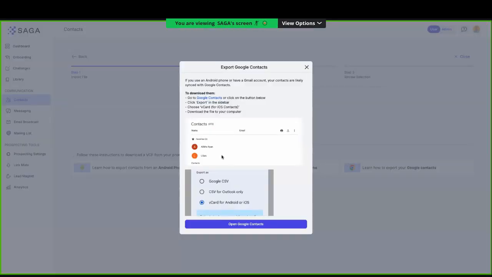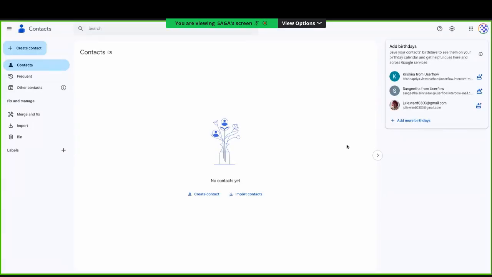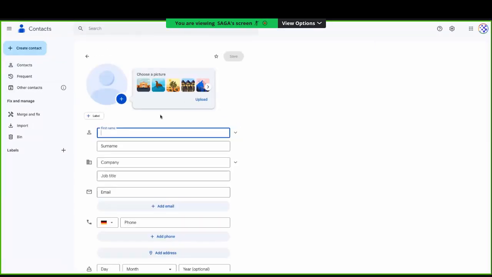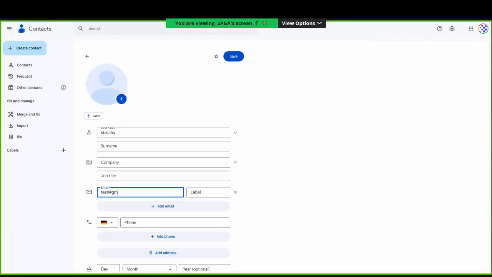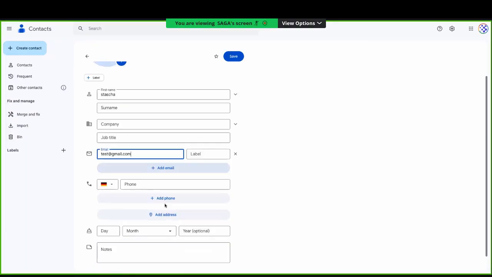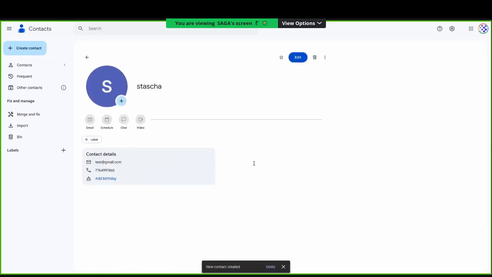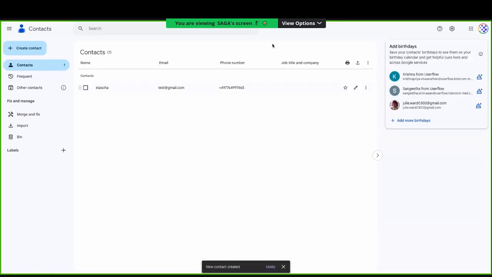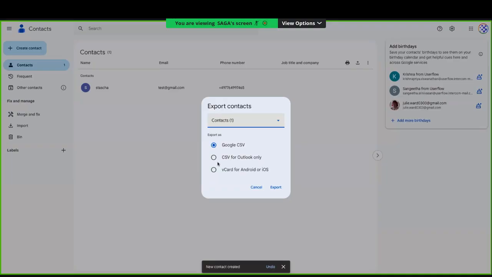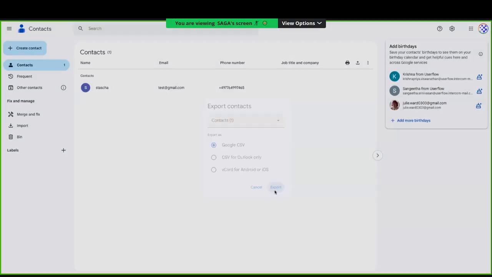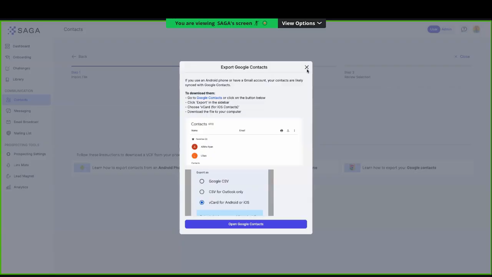But if you go, yes, I need one. So create a contact. Sasha, email test@gmail.com. Phone number. Save. Working. So now I have one contact, and now you see here on the top hand, you see this sign. You click here, Google CSV, put in export, and then I have it. Now I can go here,